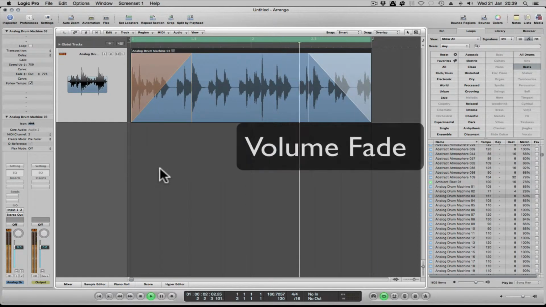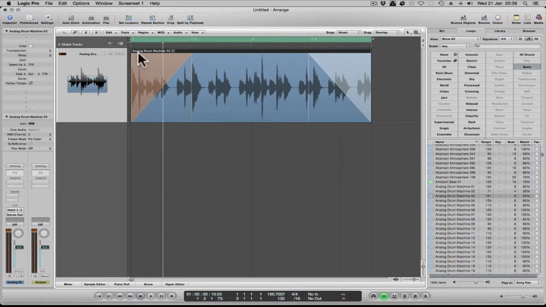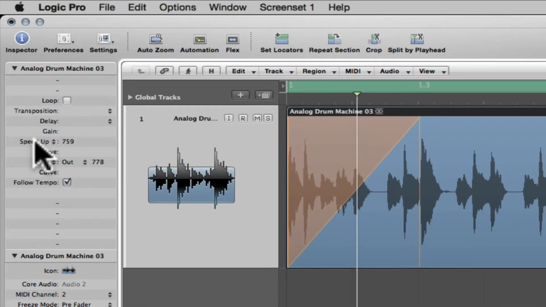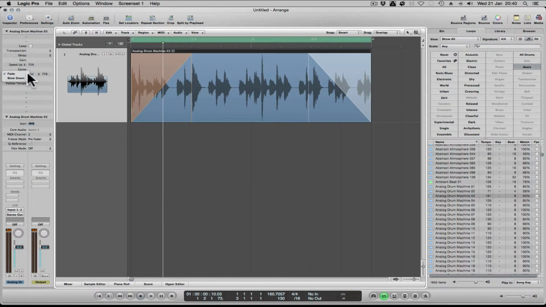Right, now you notice the second half is a different colour. This one is a sort of orangey, creamy tinge, and this one is a kind of grey-bluey tinge. That's because the speed up there is the fade in, and the fade out is still set to fade. If I move this one to fade in, this one turns bluey grey, and it just fades. Whereas if I put them to speed up, and instead of fade out, slow down,